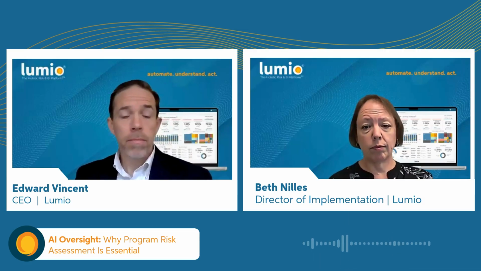It is right. There is a starting point, and as we talked about previously, this is moving quickly, and the feedback loop is going to be rapid and iterative there. And so the top down metrics you look at today may evolve in 3 months, 6 months, certainly a year from now. And so that program risk assessment should be a living document, if you will, and it should evolve over time.